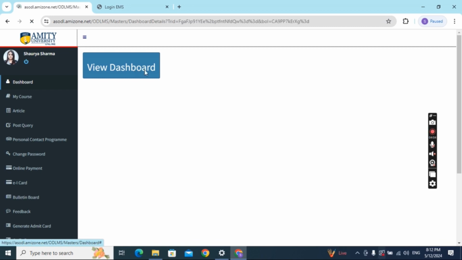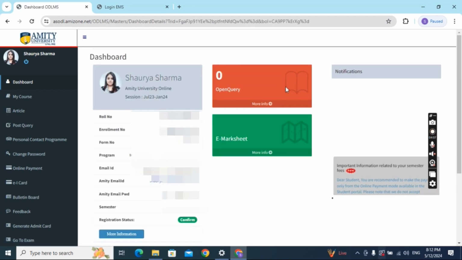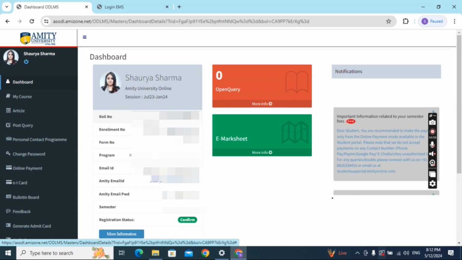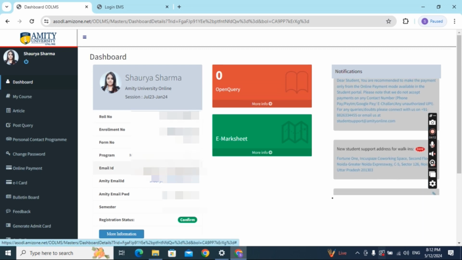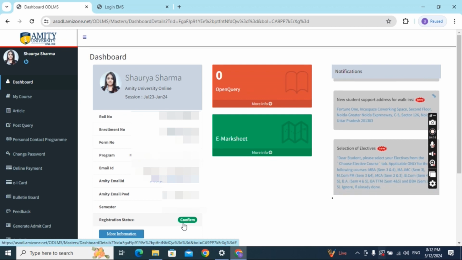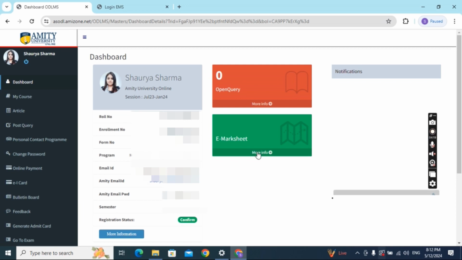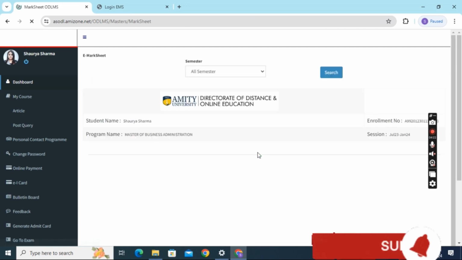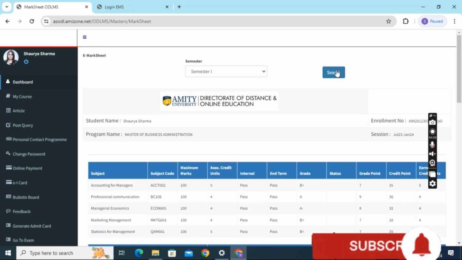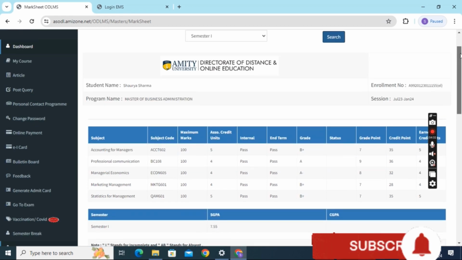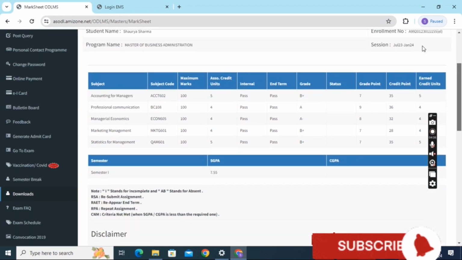This is the very important part. All the details you will get here in a dashboard, like roll number, enrollment number, and all the kind of details which usually help you to take things to the next step. So these are all the details you will find here. I'm just checking my result here for the first semester. See, here you can see my result on the online mark sheet that I have received, and here you can see too many